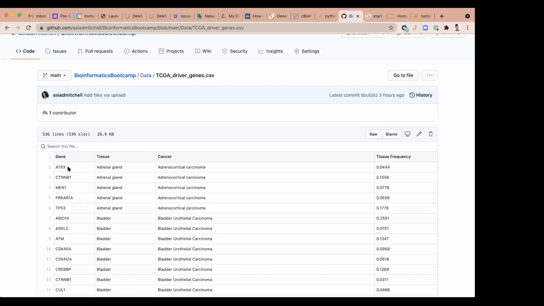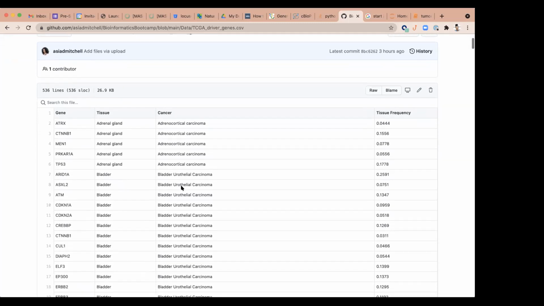So this ATRX gene is mutated about 4% of the time in adrenocortical carcinomas, or ATM right here in bladder cancer is mutated about 13%